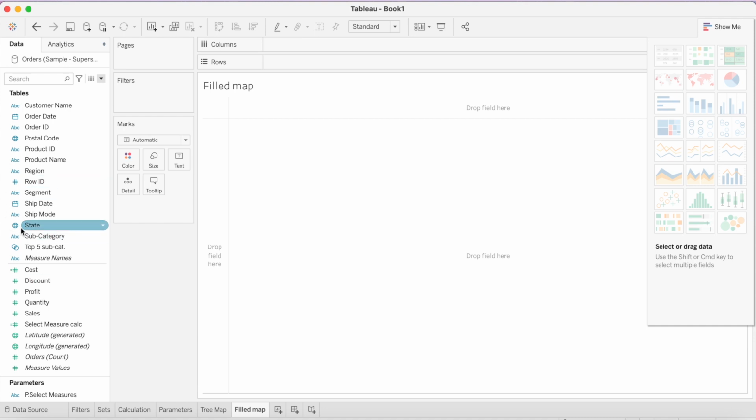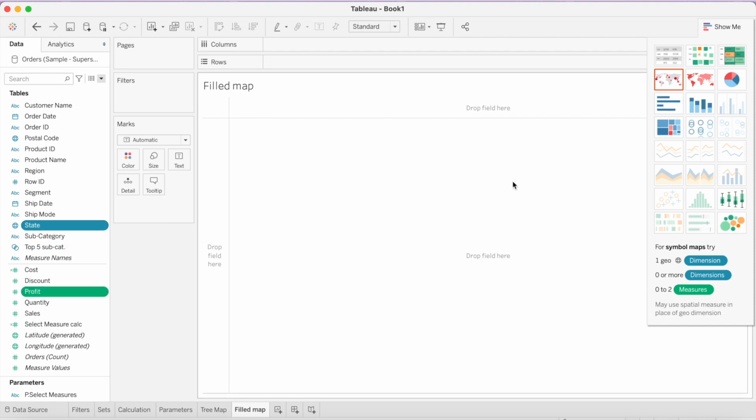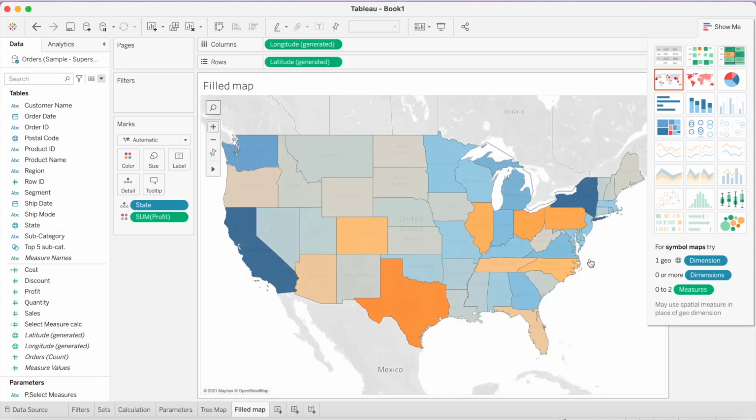Here you can identify it by a globe icon and select that. Press the Control key and select profit, and you would see that in your show me option, whichever chart you can use with this dimension and measure is now active. So here you would select the filled map option, the second option, and that's it.